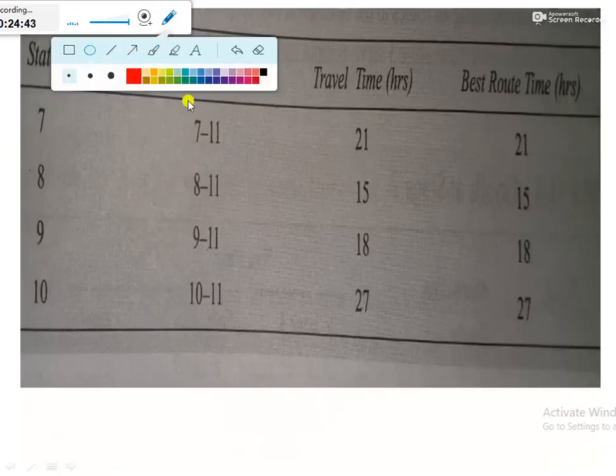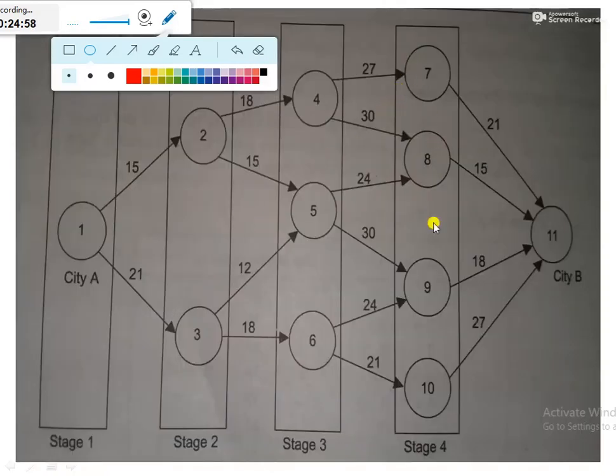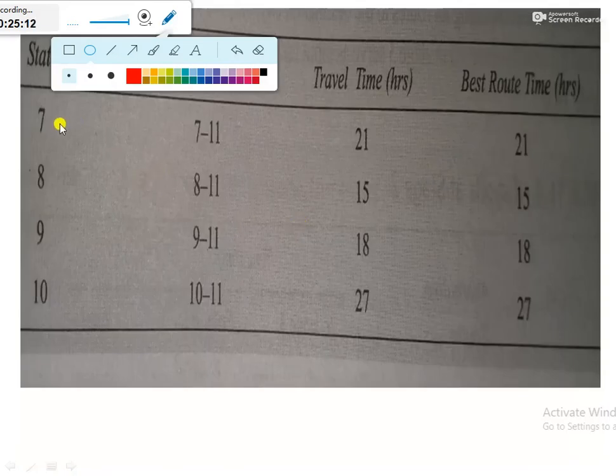First of all, we would solve the last stage of the problem, because we would use the rollback technique like we have used in the decision tree. So start from stage 4, that is this one. The traveler can opt for the route from 7 to 11, from 8 to 11, from 9 to 11, or 10 to 11. If the traveler opts for the first route, that is point 7, then he can reach the destination city, denoted by point 11. So this route would be known as 7-11.